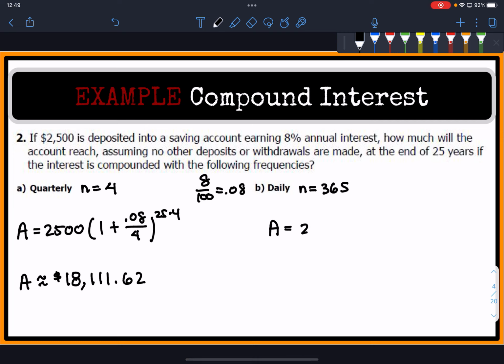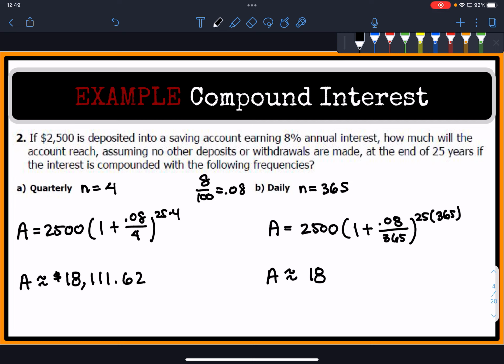So A will equal, again, the initial amount, 1 plus our interest rate, which is 0.08, compounded 365 times, raised to 25 years times 365. This is going to approximately equal a little bit more than the other one, where we did it only 4 times a year. This is going to equal